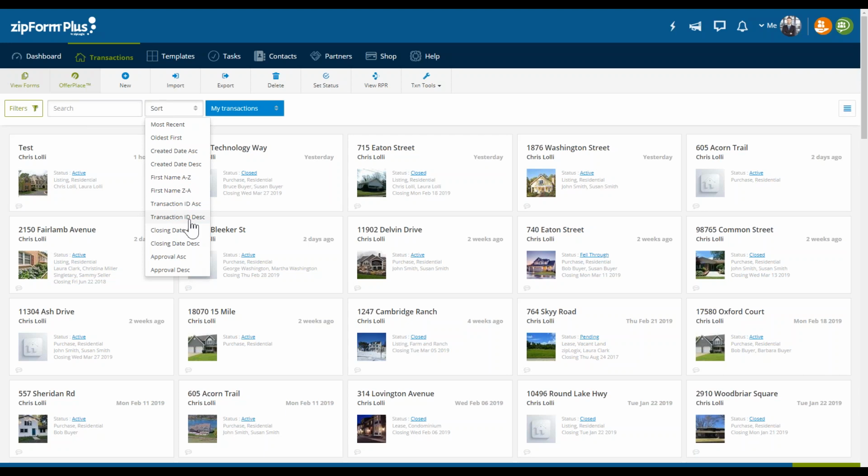There's a lot of different nifty ways to organize your transactions. When I used to work in a customer care or help desk center, I used to see a lot of intuitive and inventive ways that agents or brokers used to organize their transactions in, like I said, a pretty cool different way. The other way you can view your transactions, and this is a little bit more subtle, is changing the view of how you see your transactions. Right now they're in a grid or tile view where you see the picture displayed nicely, almost a manila folder type idea where you have all of your transactions and your forms and everything right in a nice neat folder here. That other way is through a list view.